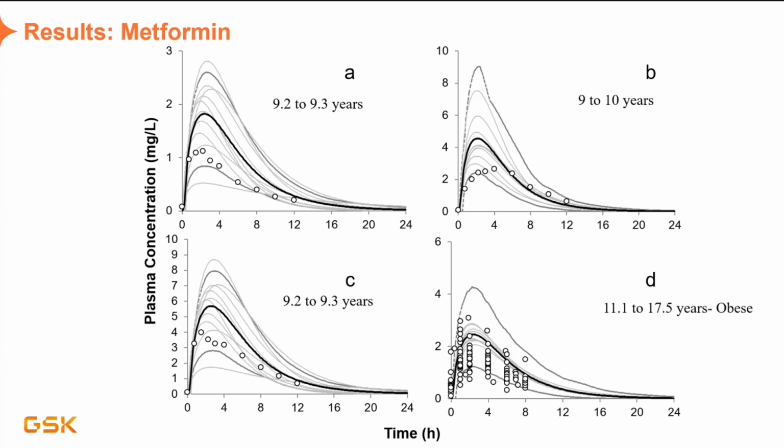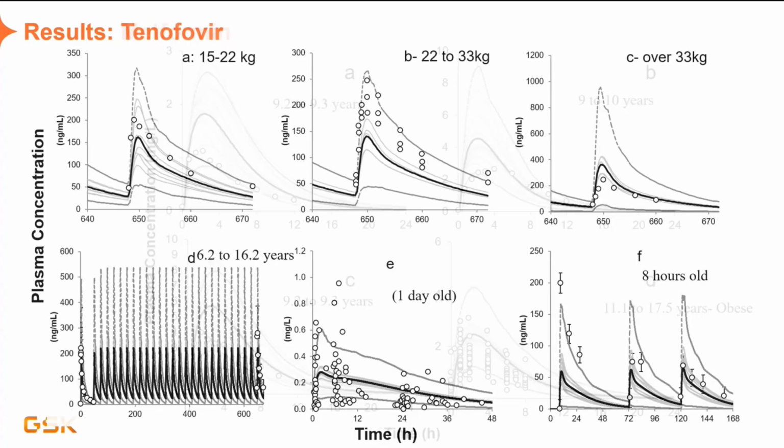I'm trying to move to the next slide. Okay. The next example is tenofovir. This is one of my favorite ones because we have neonatal data here. I think it was voted in the last consortium that everybody is interested in having the trial design with the body weight. That was one of the challenges we had in this study. We had the body weight of the subjects, and we had to do a body weight matched simulation. There is a workaround for that with a custom trial design.